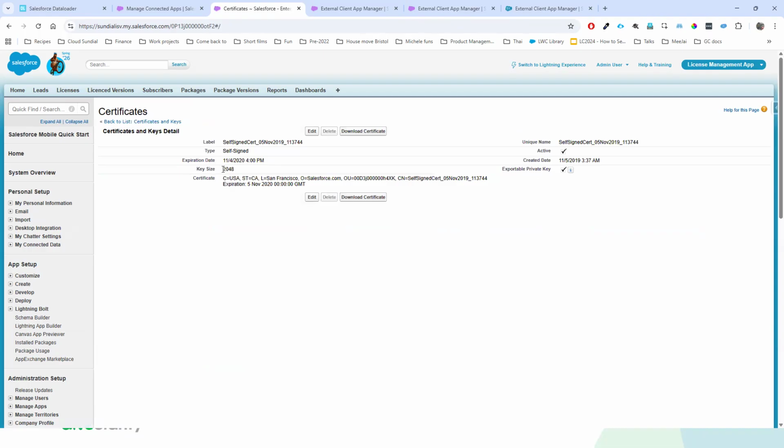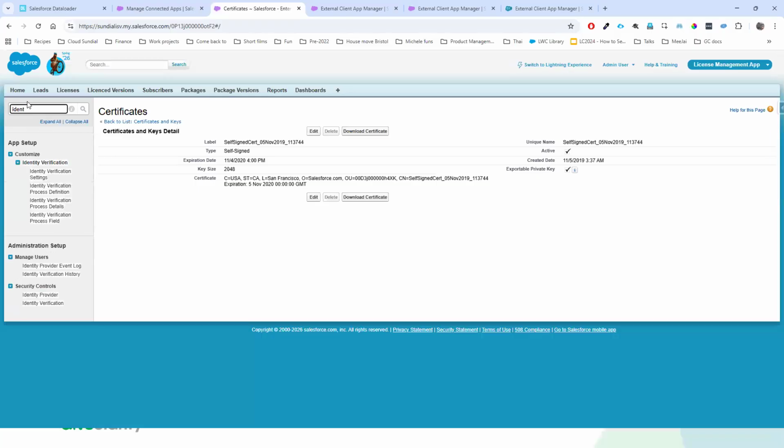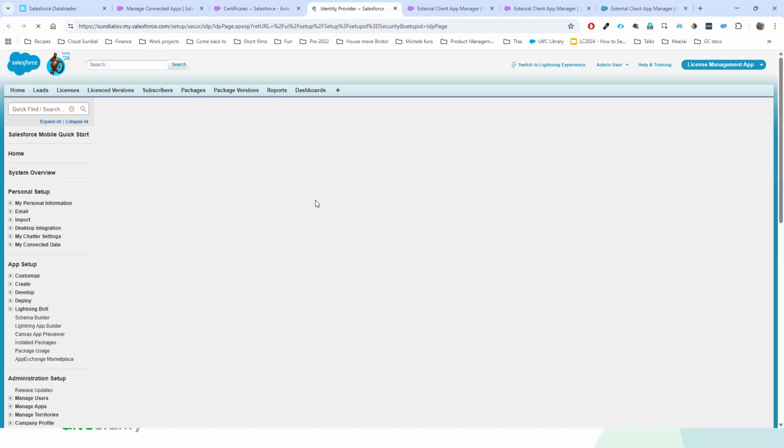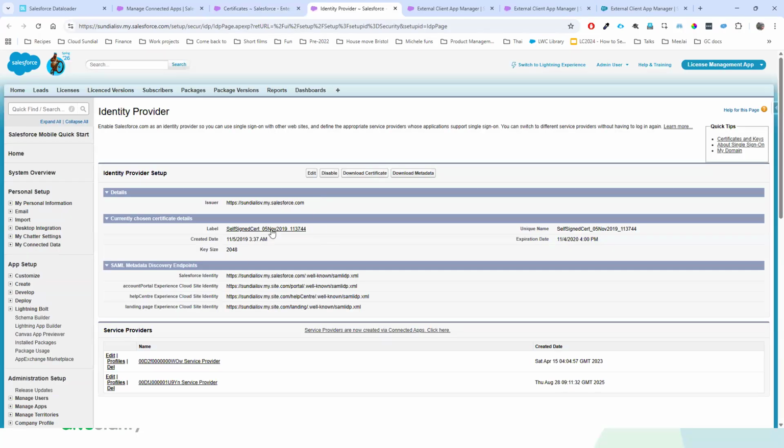If you then hover over the delete, you see that delete that we can't click on, it will tell you where it's being used. So in here it says you can't delete this certificate because your identity provider is using it. So if we now get Lawrence to search for identity provider, it will tell you. Now for Lawrence, you can see that he's got service providers who are using it.